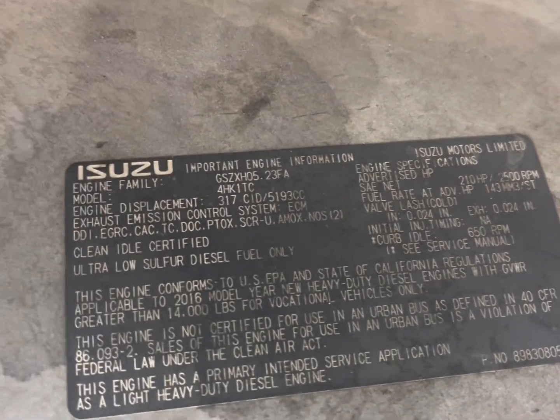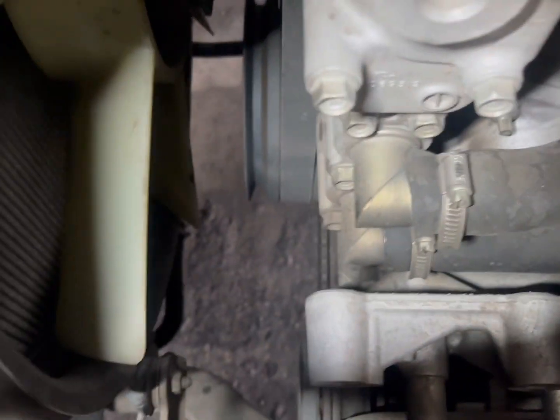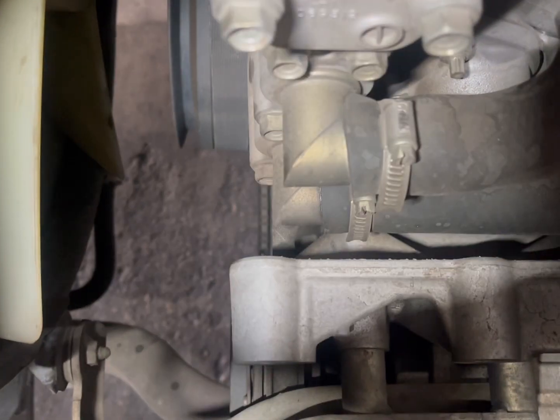Alright, so there's the engine information. But first, we're going to start with the belt side. So there's your fan belt, and there's your accessory belt. So see how it wraps around, goes all the way down there. So there's a belt right there,